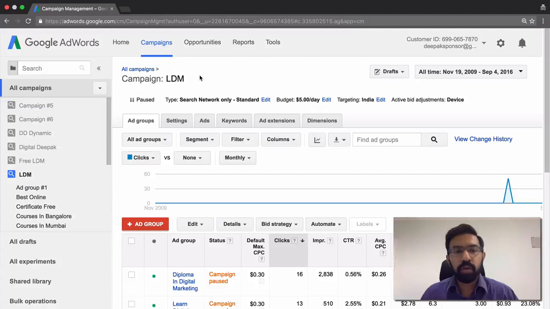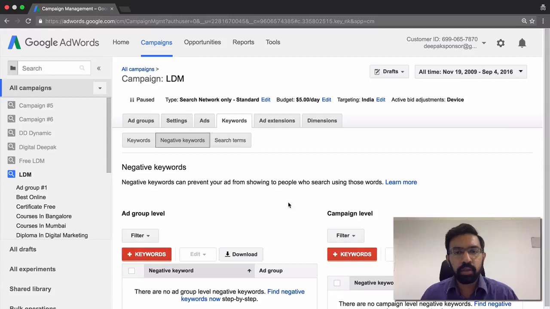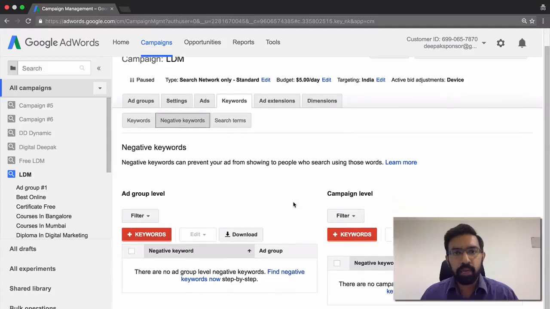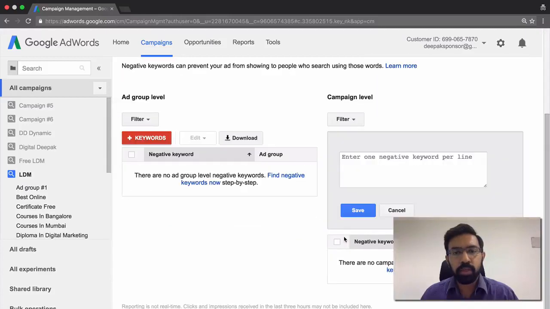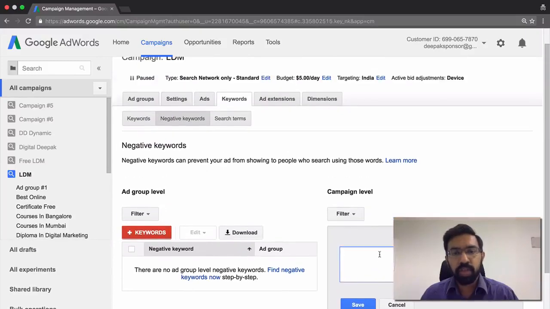So coming back to the AdWords account, here I will show you where the negative keywords can be added. If you go and click on the keywords tab, here you can see negative keywords and search terms. If you click on the negative keywords, you can add campaign level negative keywords here. So if you click on plus keywords, here you will be able to add the negative keywords, and as soon as you enter the negative keywords and click on save, the ads will not trigger for those particular search terms which have these keywords.